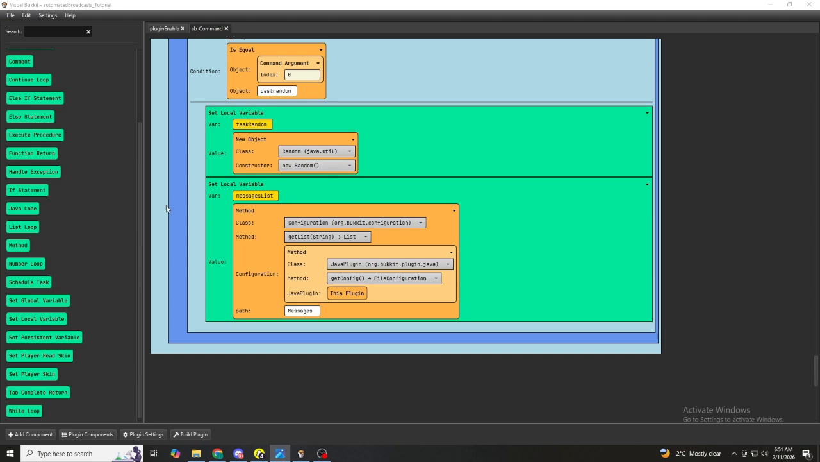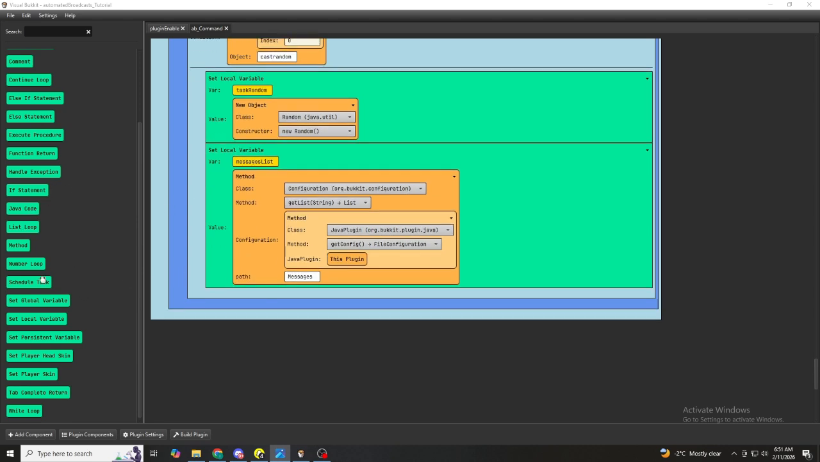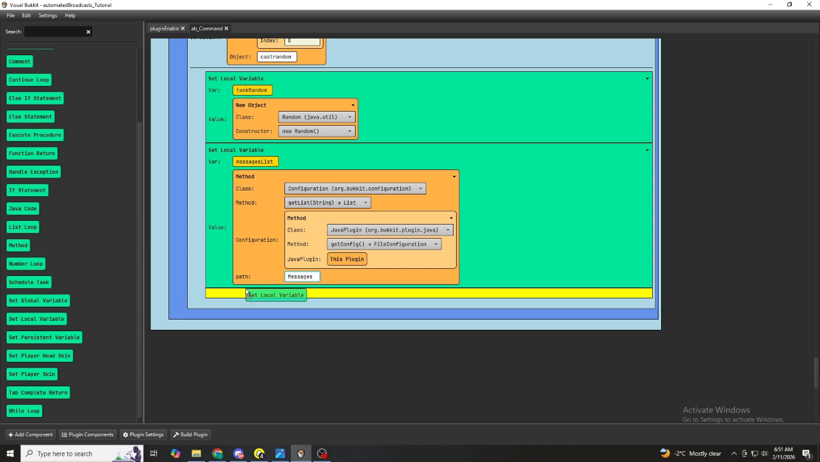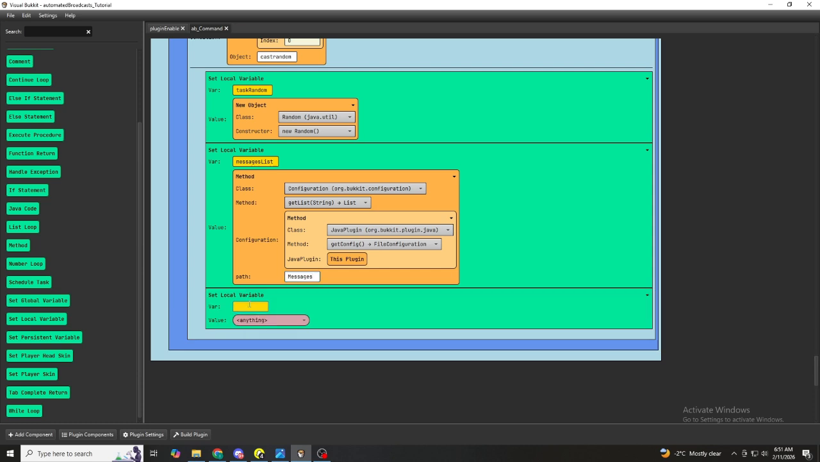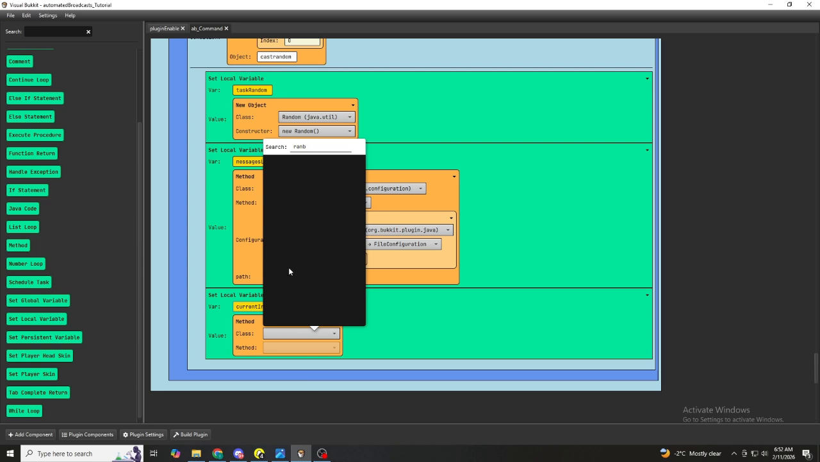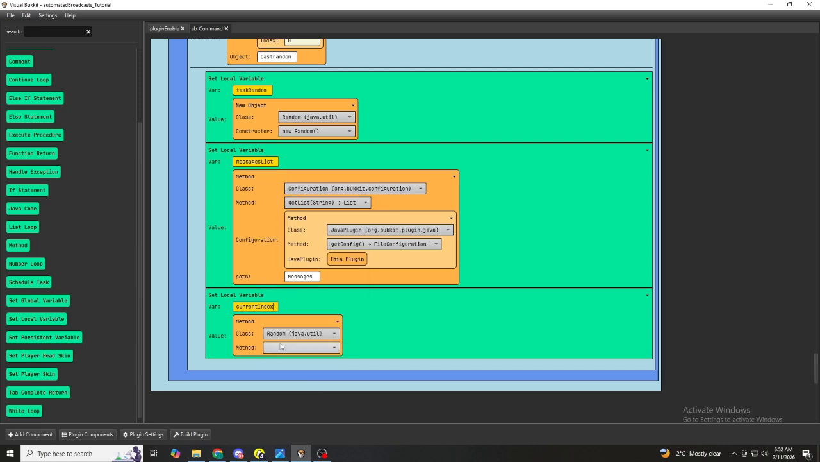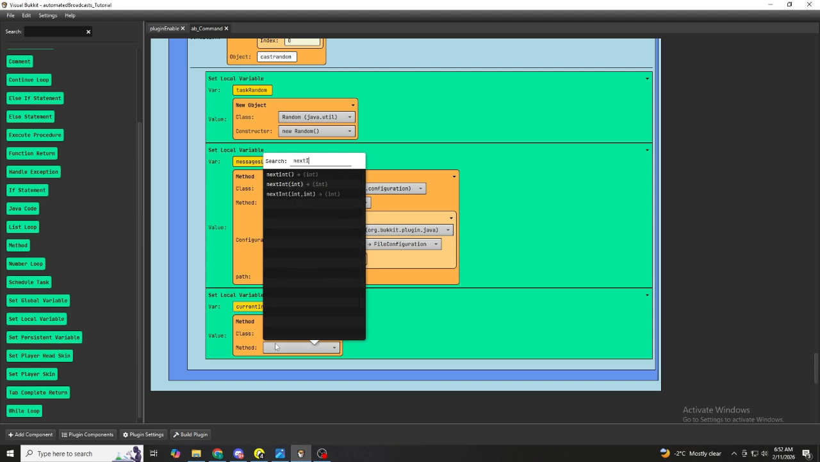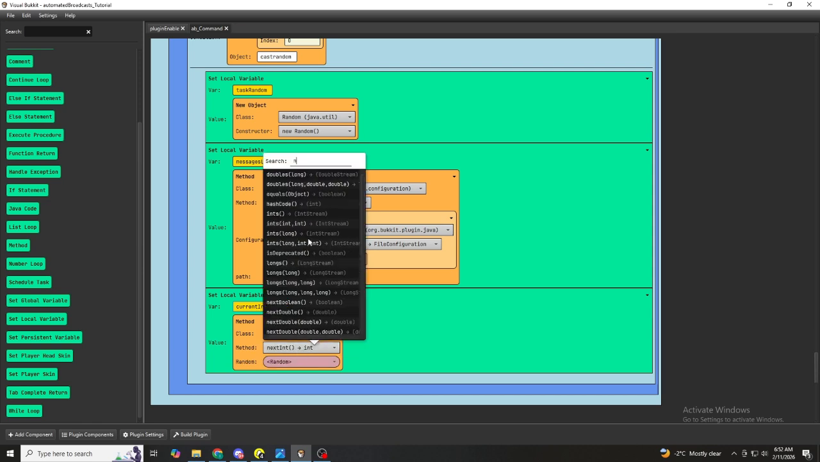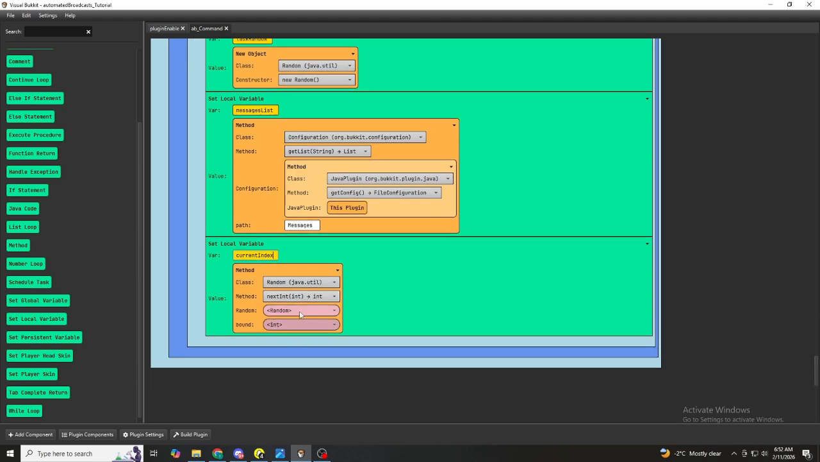After that, you're going to want to get the current index again. So let's do set local variable, current index is equal to method Random, java.util.Random next int, not that one, next int, sorry, we're going to do this one, and then we're going to insert variable task random,